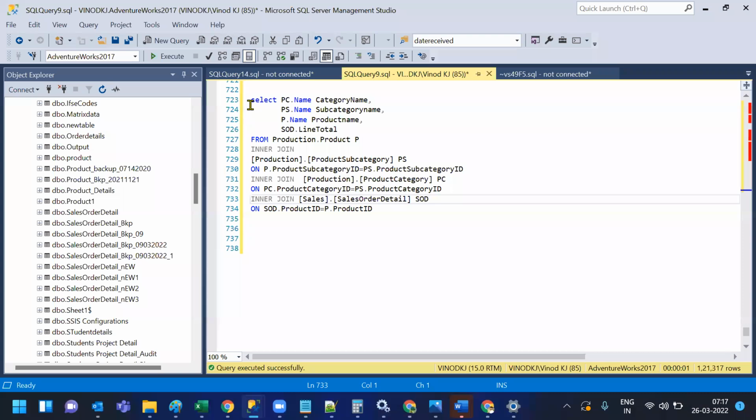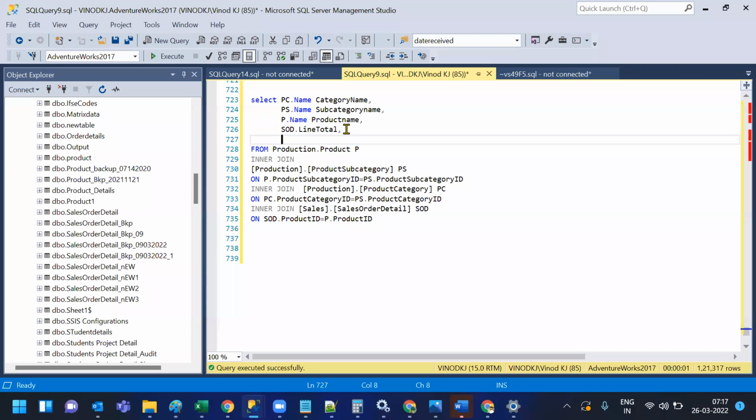We'll see. So it's the same query, there is no change in it. The only thing is we'll go and add the row number or dense rank function, because we are not very sure whether in a single subcategory two products might have the same cost. That's why I'm using the dense rank function. Dense rank over